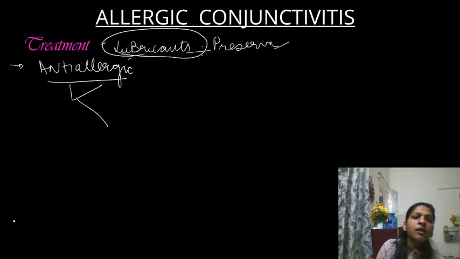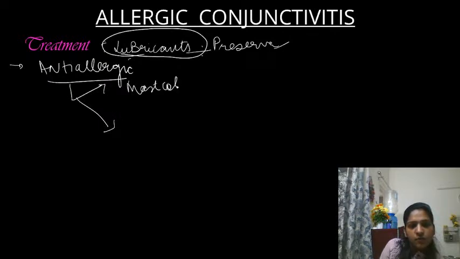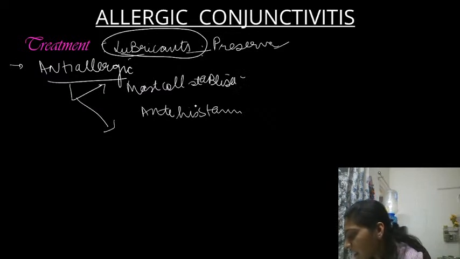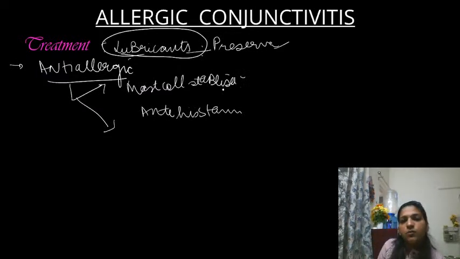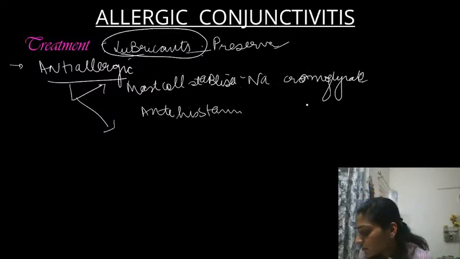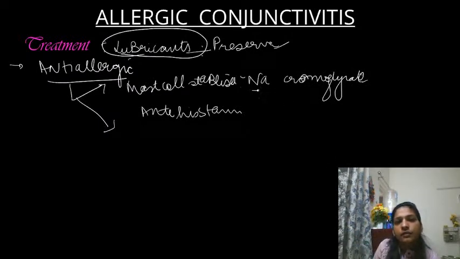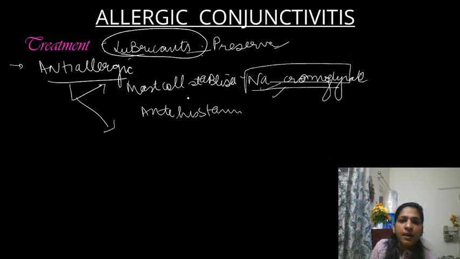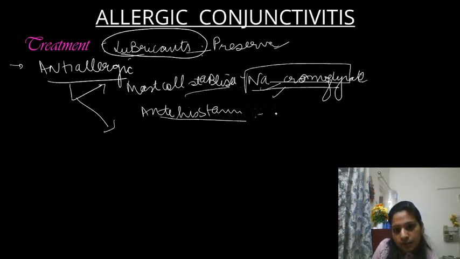Now just tell me the treatment of allergic conjunctivitis. Mast cell stabilizers and antihistaminics. Can anyone tell me a mast cell stabilizer? Yes, Krish, tell me the name of a mast cell stabilizer which we can use. I want the name. Yes, Krish, welcome. So, sodium cromoglycate is a mast cell stabilizer, and for antihistaminics,